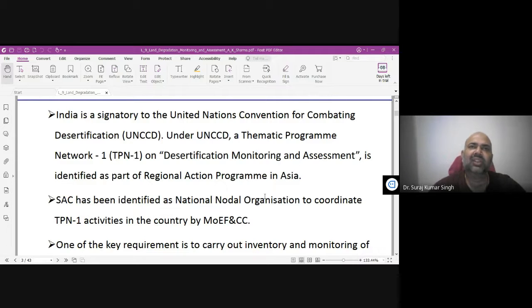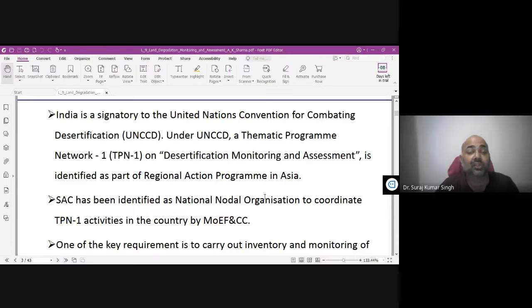First you identify which are the categories and the areas under the land degradation category. Because right now, if you have not created an atlas, how would you know which are the land degraded categories or the areas available on the Indian map? So for that you need a satellite image, because many of the places you cannot go. And you need a satellite image because there are various kinds of land degradation categories depending on their geographical